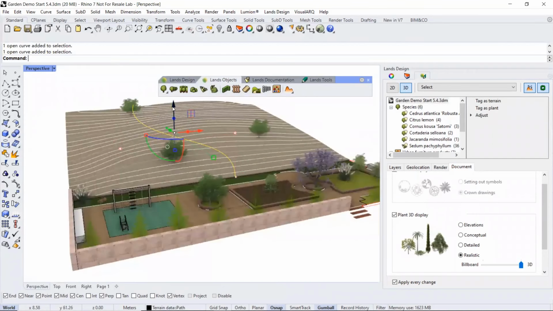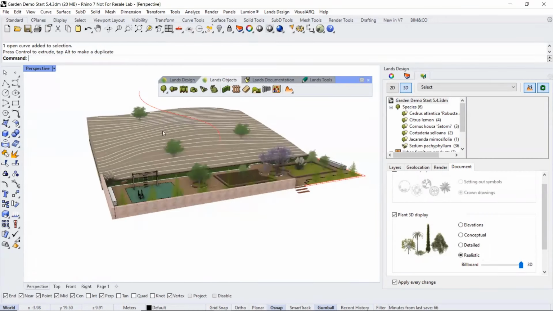So if we have the curve in that position, in that elevation, all the terrain will grow according to meet this curve. So I'm gonna do this right now. And now I can